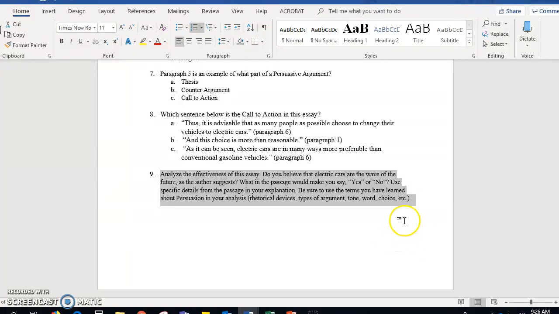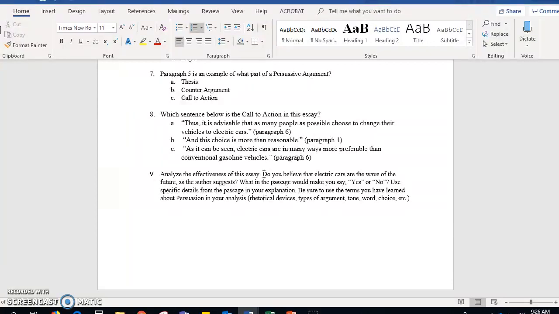So you're welcome to use the pre-writing strategies, whether it's RACE, RACER, RACES, or RACERS, whatever pre-writing graphic organizer your teacher uses for you, in order to help you construct your response. You want to analyze the effectiveness of this essay. You'll do that with what you've been studying, all that great information in your brain through your studies, your practices, the activities and discussions in your class. You do not need any outside resources. No online research is required. This will just be between what you know and the text.